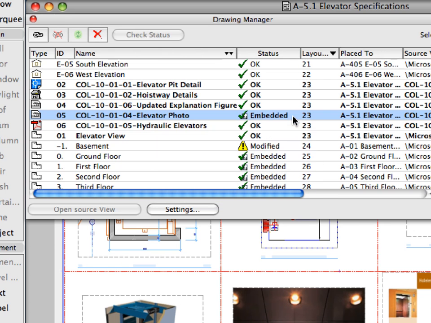If a drawing is stored in the project, then, even if its source file is not available, ArchiCAD will be able to display its latest available version in the project. The very same happens if you intentionally break a project hotlink. ArchiCAD will display its embedded copy or last updated version in the project. As another option, you can use the Delete button of the Drawing Manager to delete any of the hotlinks from the current project. This will permanently remove the linked drawing content from the design project. Close the Drawing Manager